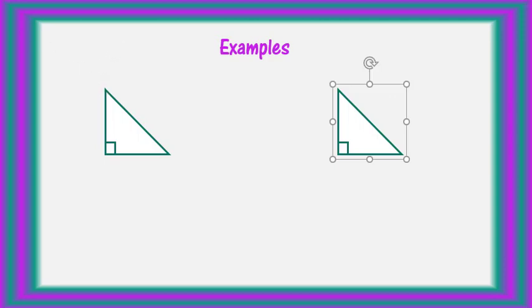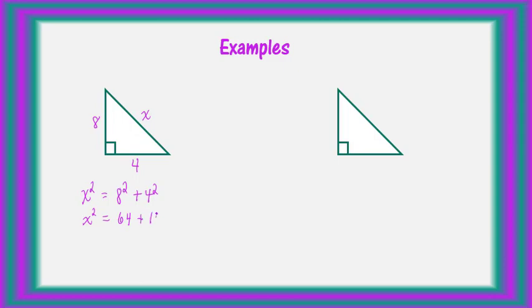Now let's apply this. For the first example, I have 8 as one of the legs and 4 as the other leg, and I want to determine what the hypotenuse is. So I use the Pythagorean theorem, which was x squared set equal to the sum of the squares, 8 squared plus 4 squared. This is where knowing the squares of numbers is very important. 8 squared is 64, 4 squared is 16. The sum of the two numbers gives me 80